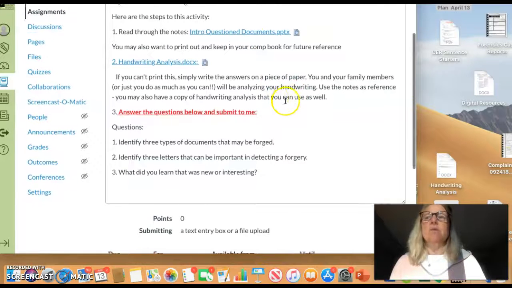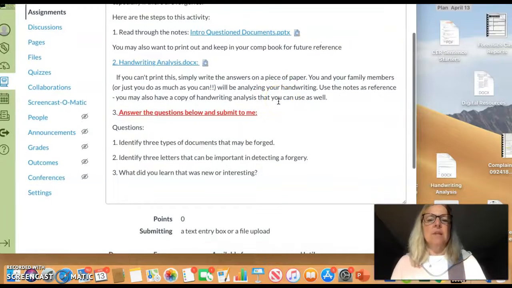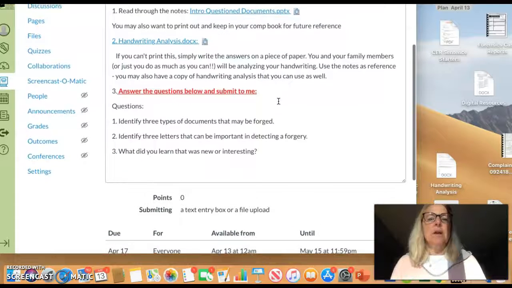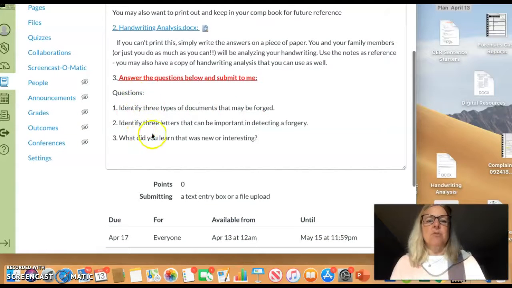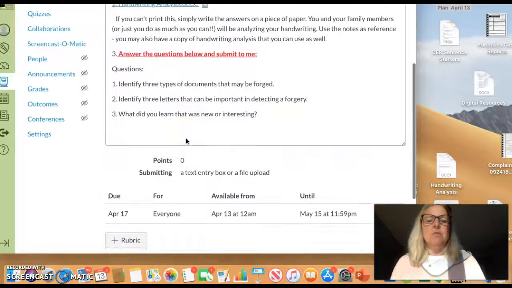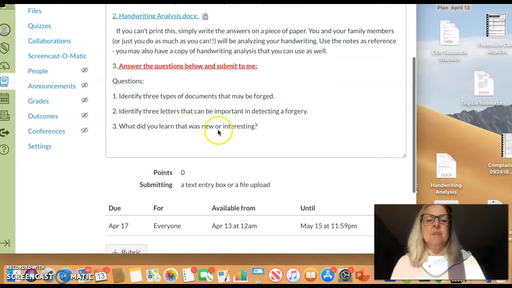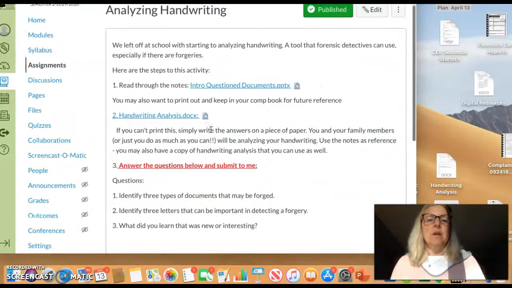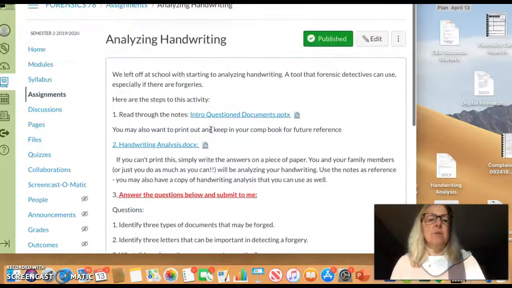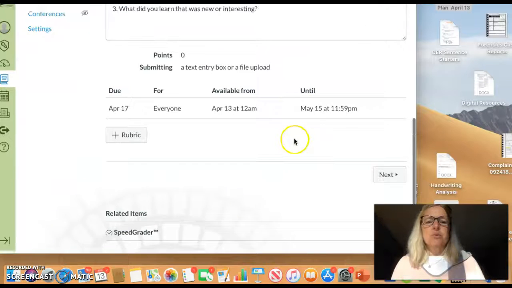But also, if you were at school the last couple days, I had you glue in a copy of handwriting analysis. And then these 3 questions are what you're going to submit to me. You could submit your assignment as a text and just answer those, or you can do it as a Word doc, Office 365 doc, however you want to do that. Once you're done with that,